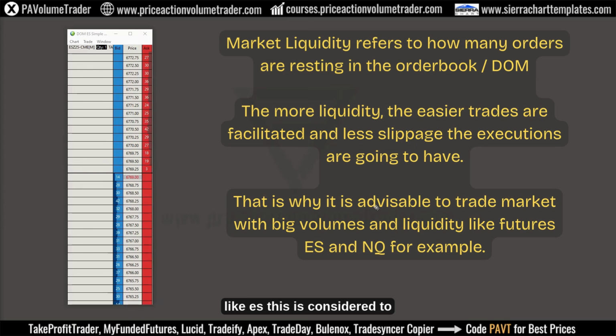For a market like ES, this is considered to be a very deep, very high volume market, so you're going to have a significant amount of orders at every price level. Whereas if you look at a cryptocurrency that's not very well known, or some unknown obscure market, you're going to have a DOM that's going to be a lot